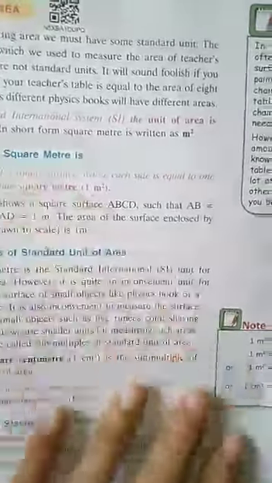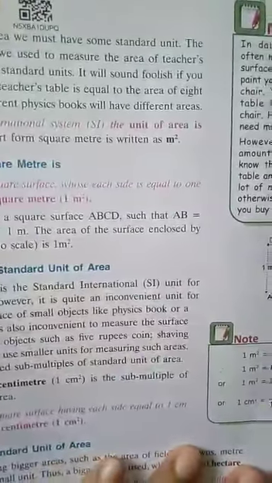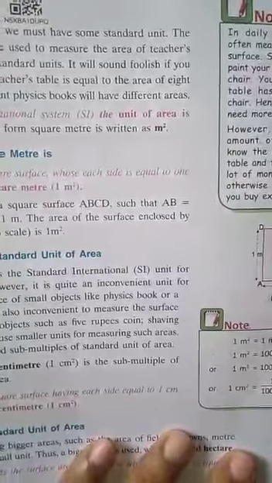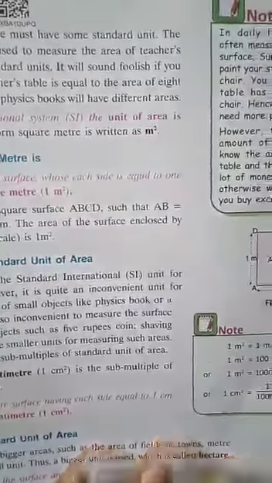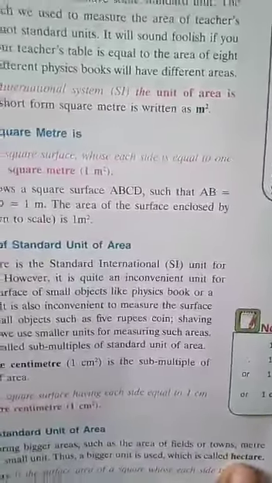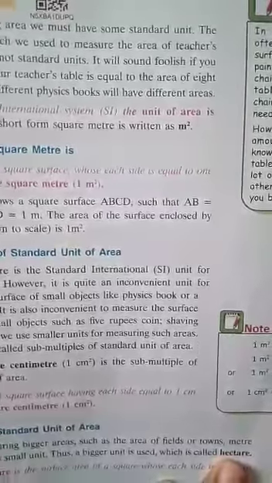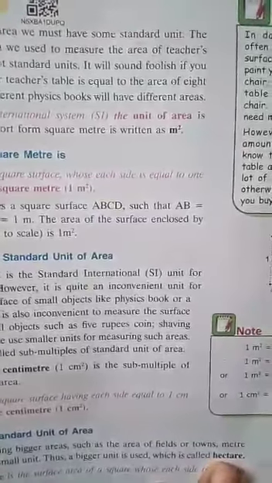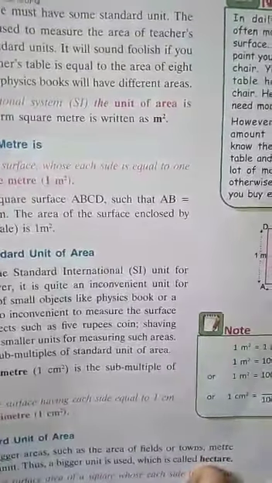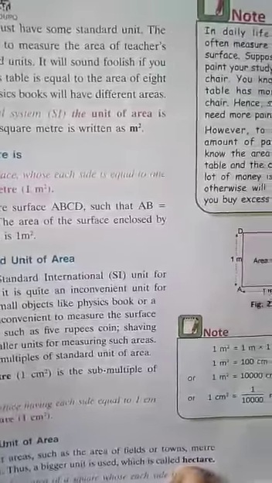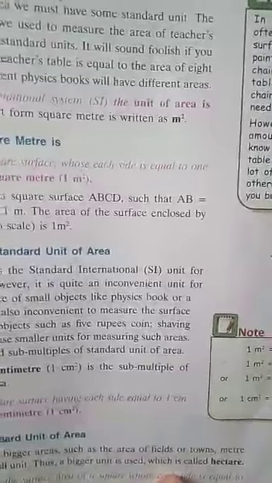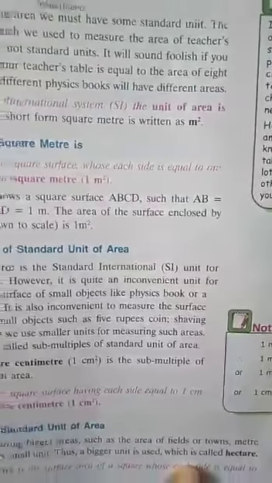So why? Actually, area is the product of two sides of any square, or the product of the length and breadth of a rectangle, is it not? That is, actually area is the product of two lengths, is it not? And we know that the unit of length is meter. Then if we multiply the units of two lengths, the unit should be meter square or square meter. Thus we can easily remember the unit of area, which is meter square.